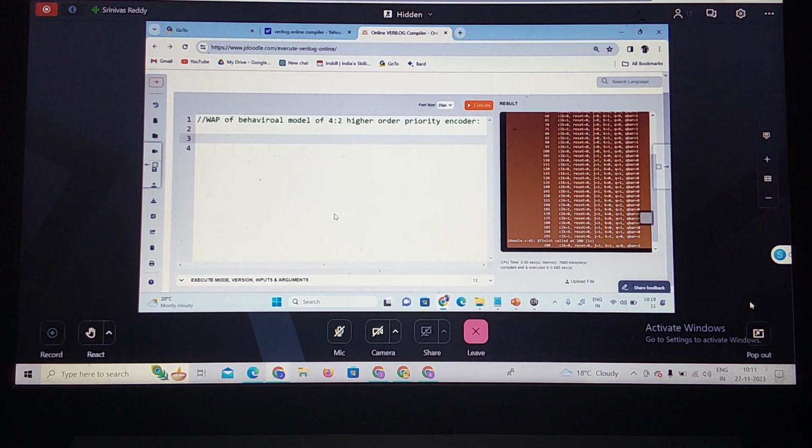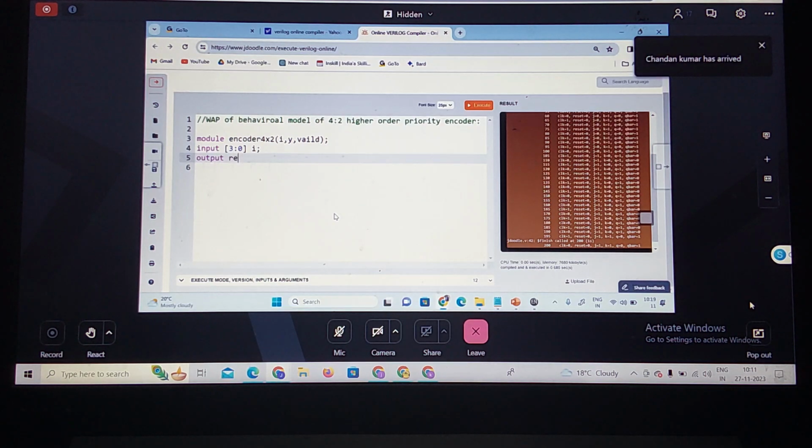Okay, write a program to this. Module, right? Module name, shall I write the encoder? Encoder 4 cross 2. What are the inputs to this? Shall I take I comma Y comma valid? Correct? Then what do I need to write? What are the inputs? Input 3 down to 0 of I. Output, one more input, right? No, only one input. Then output